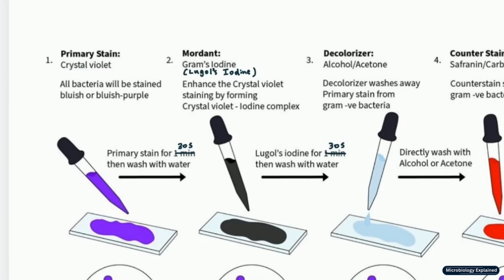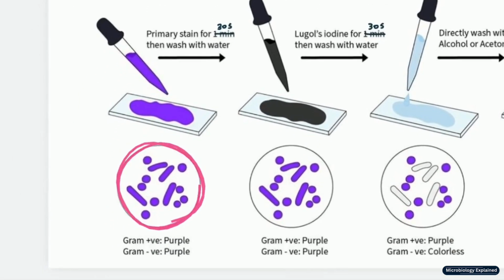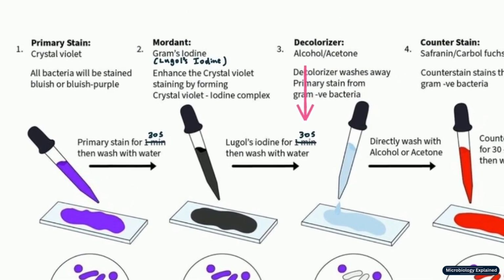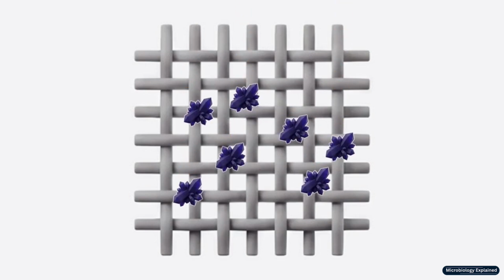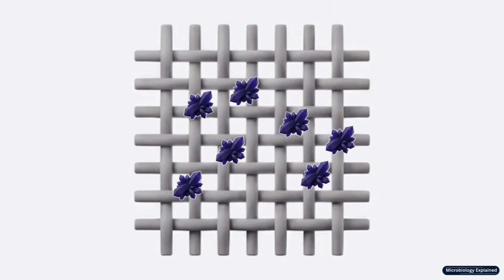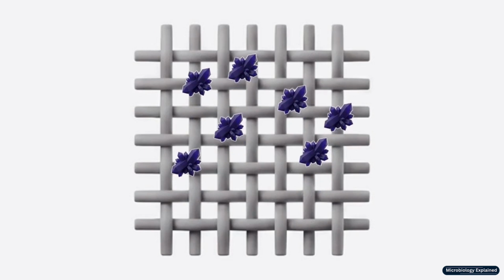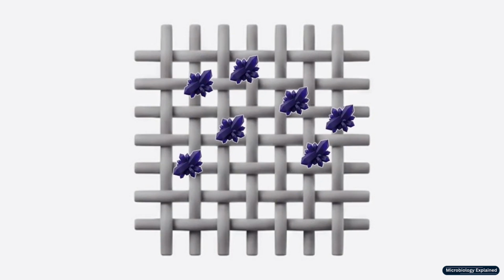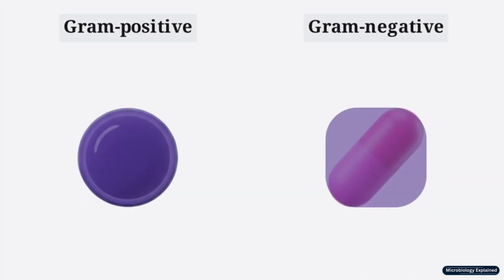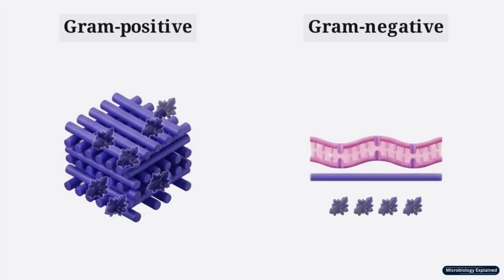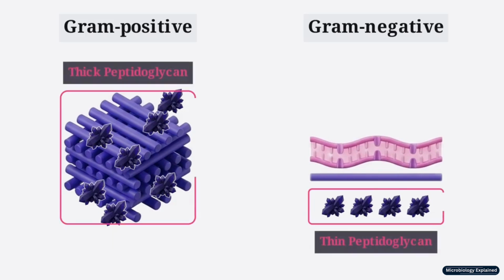rinse. Both thick and thin-walled bacteria absorb the molecules, appearing identically purple. To lock that color in, we apply Lugol's iodine for 30 seconds. The iodine acts as a trapping agent, seeping into the walls and chemically binding with the crystal violet to form massive complexes. These new structures are simply too large and rigid to easily slide back out through the structural mesh. Both bacterial types are still visually indistinguishable. But because of their different architectural blueprints, the dye complexes are trapped in vastly different ways, setting the stage for